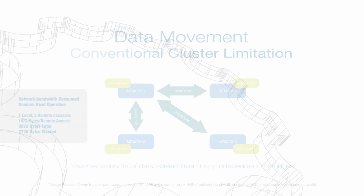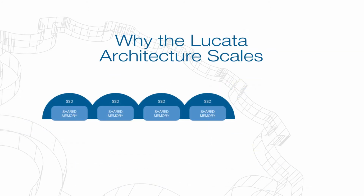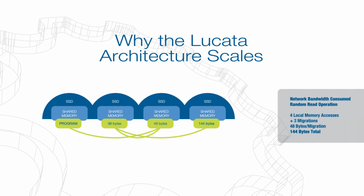CPU requesting it. Contrast the data movement in a conventional cluster with the Lucata system. In Lucata's novel design, only the program context is moved across the network instead of the data. The same random read operation demonstrates Lucata's efficiency for critical functionality like database indexes. Our small packets have no wasted bytes, only travel one way per access as compared to 4 for a cluster,